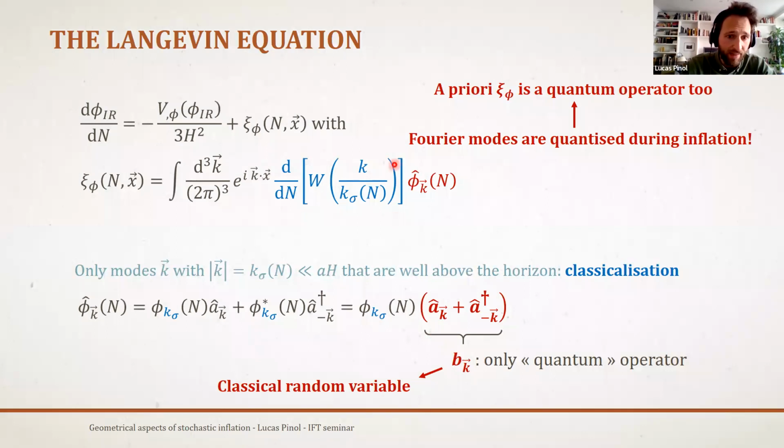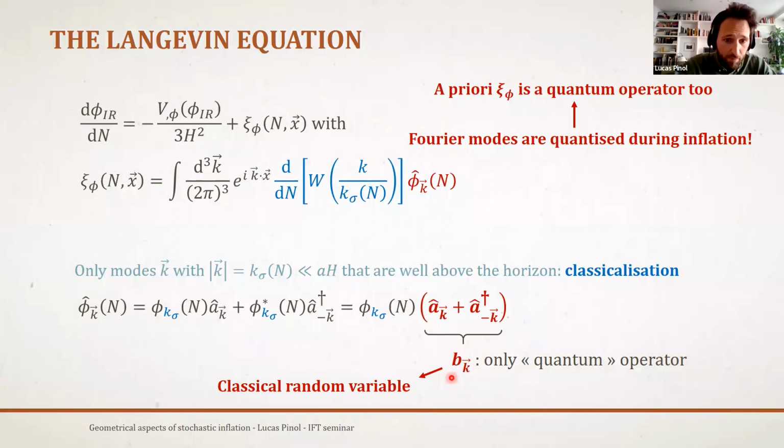So therefore, at this time n, the only quantum operator that you are left with is the sum of the creation and annihilation operators. And it is the only operator that remains in your theory, and it therefore commutes with all other operators because it commutes with itself. And therefore, you see that the quantumness of the phi k mode is somehow lost on superhorizon scales. Actually, let me say that there is always a small non-commuting part, but it just becomes increasingly negligible as your modes go above the horizon.